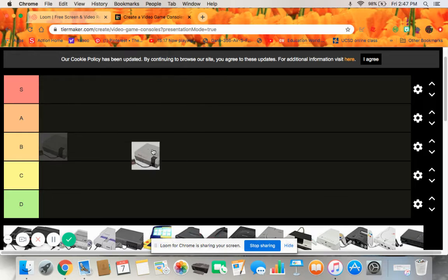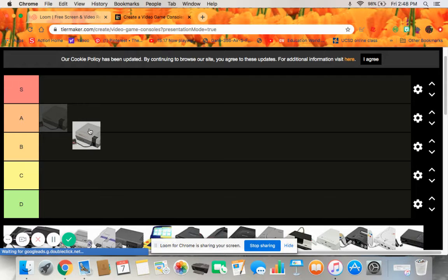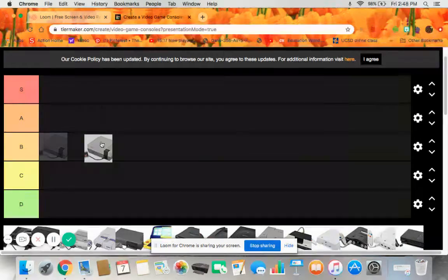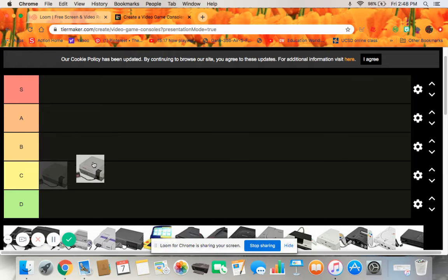I'm going to be focusing on some of the more Nintendo consoles on here. So the NES, pretty good console. It has two-player ability, so it basically has two controller ports. Its mechanism for cartridges isn't the best, but it is kind of that retro style thing. Its controller is that classic, but its games aren't all that graphically advanced,